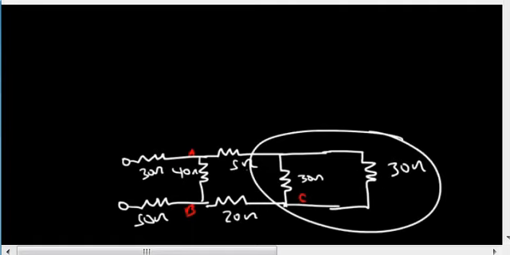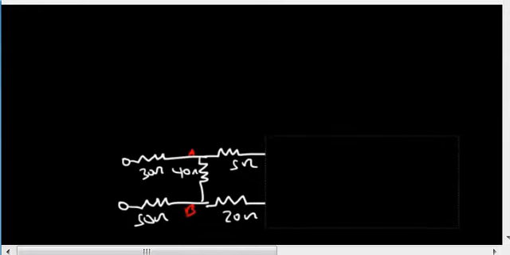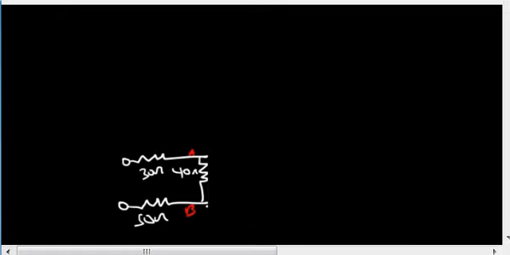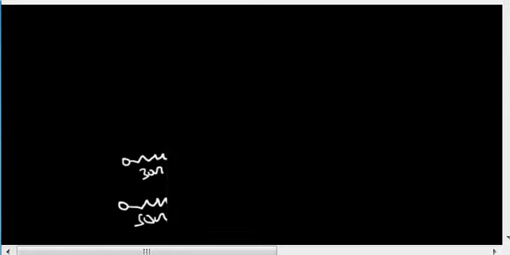Now this 30 ohm is connected in parallel with 30 ohms. 30 parallel with 30, the resultant will be 15 ohms, half of that. Now 5, 15, 20. They are connected one after another, means series combination. So 5 plus 15 plus 20 will be how much? It will be 40 ohms. Now 40 and 40 again they are in parallel. So how much will be the resultant? Half of 40 will be 20 ohms.